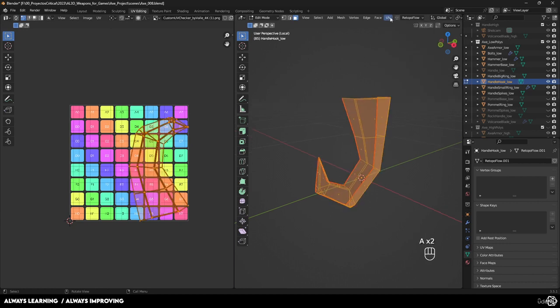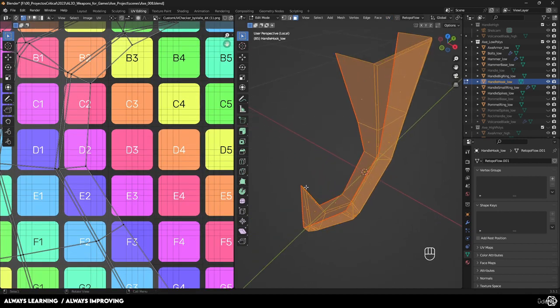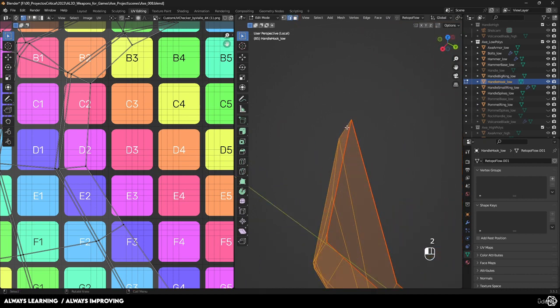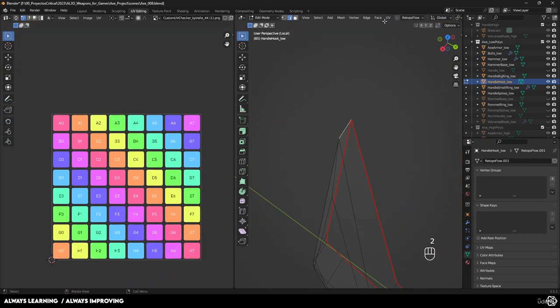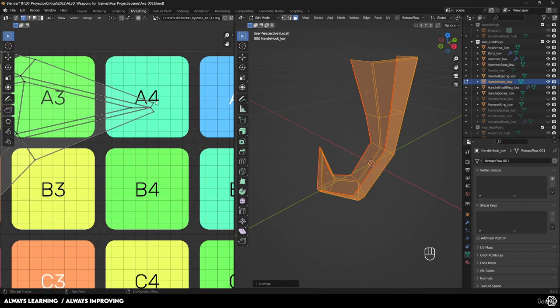Let's grab all the faces, UV, let's do a project from view, UV, unwrap, and this looks okay. It looks good. However, I know that there's a lot of stress going on this particular edge right here. This particular edge could benefit from being marked as well. So if I mark that edge, select everything and say UV and then unwrap, that little cut right there,